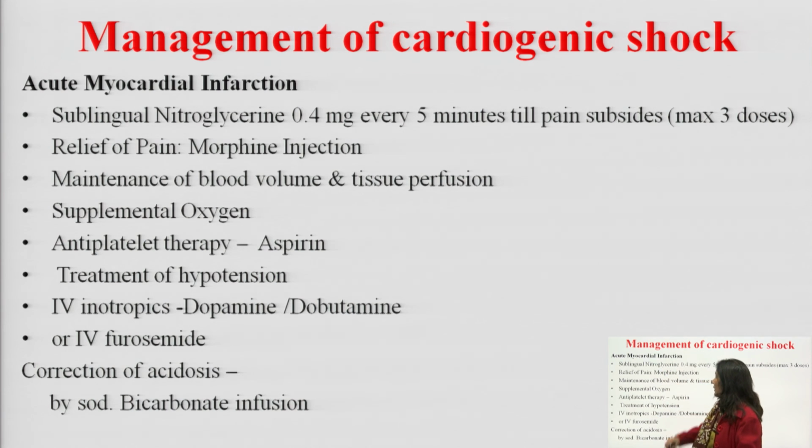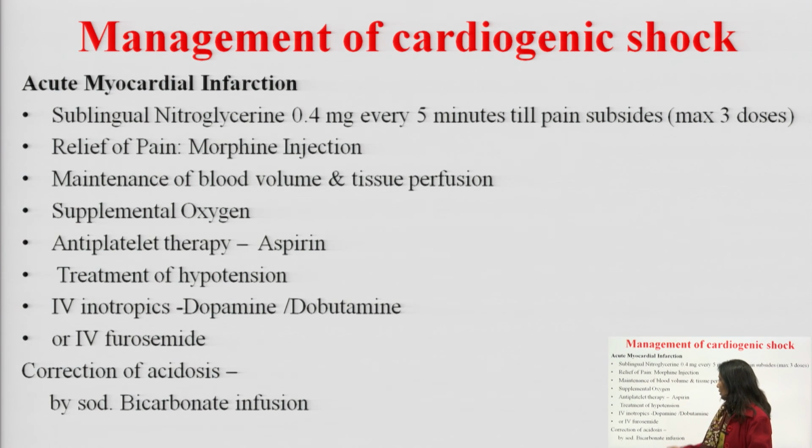Like in acute myocardial infarction and congestive heart failure, we can give sublingual nitroglycerine 0.4 mg every 5 minutes till the pain subsides. A maximum of 3 doses can be given at a time. For relief of the pain, morphine injection can be given. Of course, maintenance of blood volume and tissue perfusion is required in all types of shock, oxygen supplement, antiplatelet therapy. For this, aspirin is given to maintain the patency of the arteries, so that it will dissolve